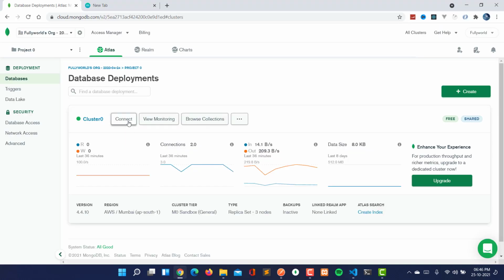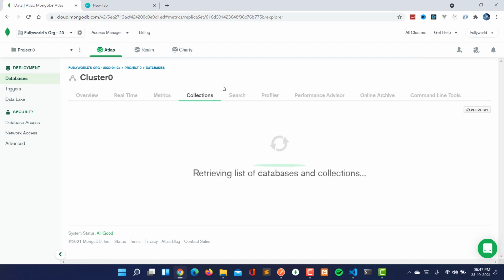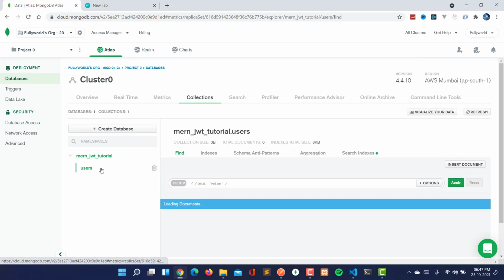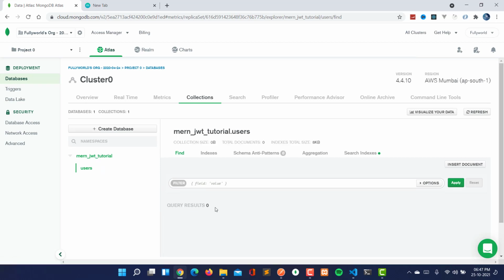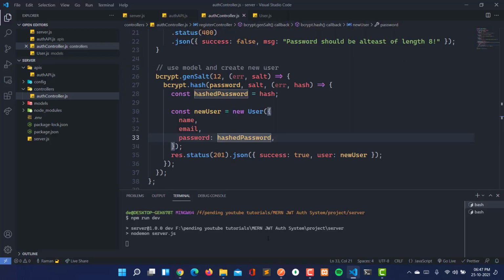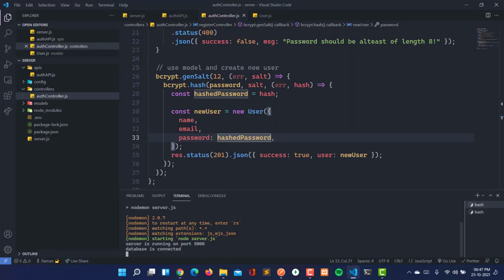So actually this is our cluster here, and let's move to the collection. As of now we don't have any collection for the JWT authentication. So there is the JWT tutorials, but we don't have any users here. The users model is there, but we don't have any document under this collection. So it is running and our database is connected.